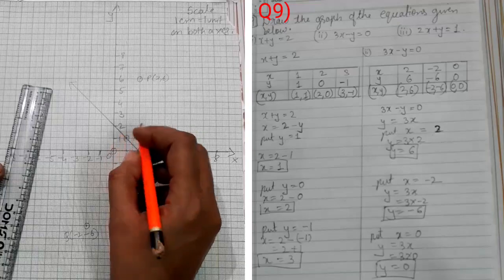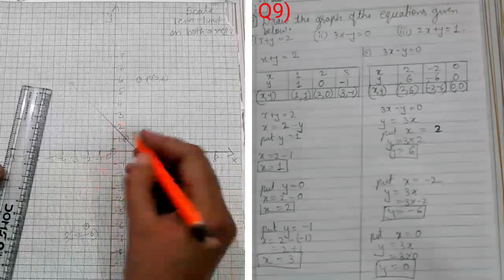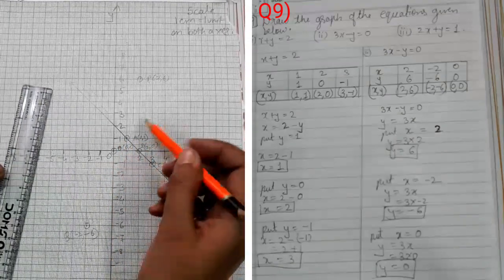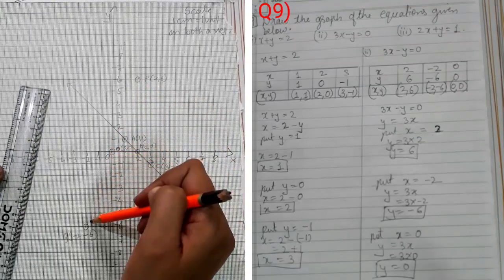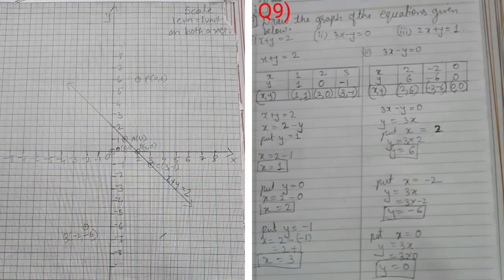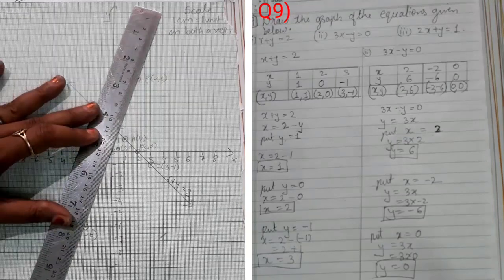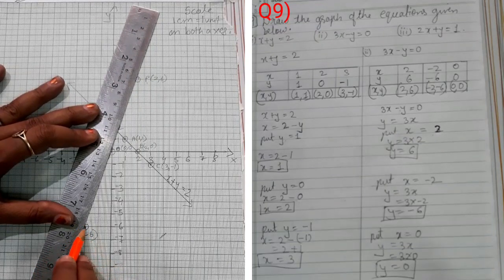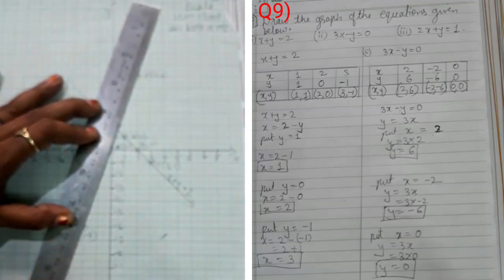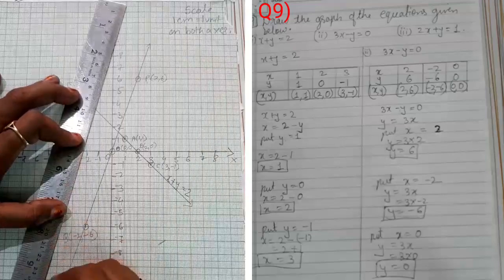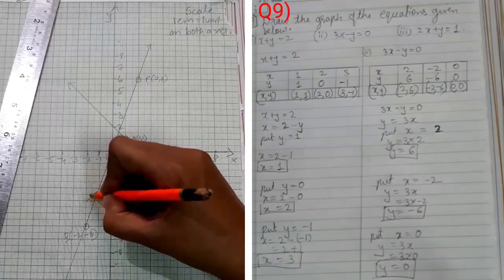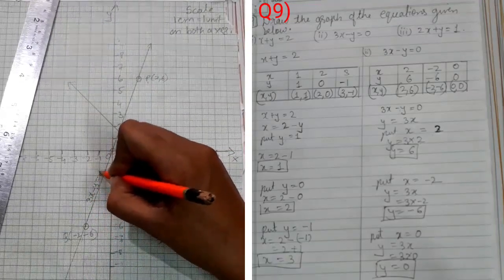So here we give the names P, Q, and here we can give the name O, 0 and 0. So now these points P, O and Q should be collinear. Collinear means they should fall on the same straight line. We'll check this point, origin and P once. Yes, all the 3 points are coming in a straight line, which means the 3 points are collinear. Okay, and the equation was 3x minus y equal to 0.